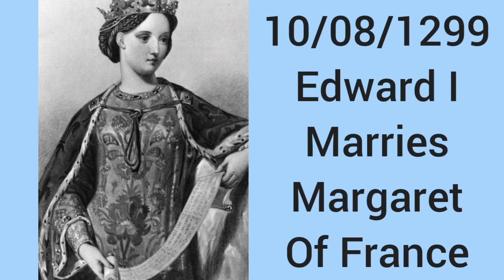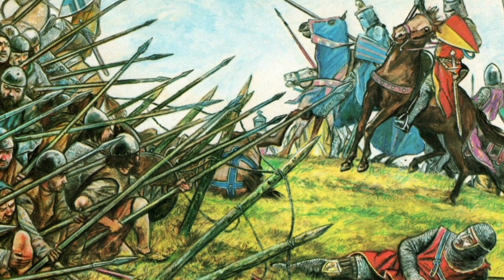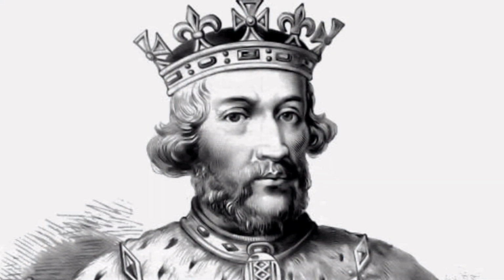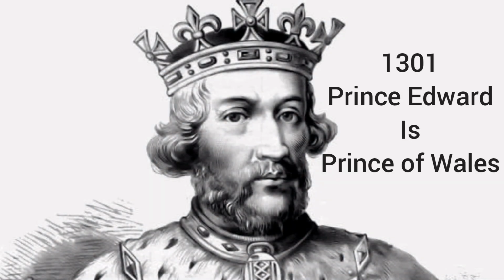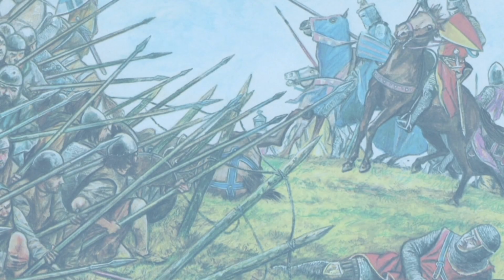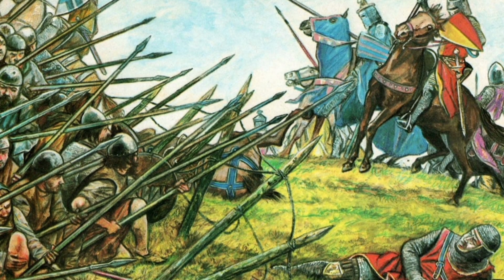Now then, on the 10th of October 1299, Edward I marries Margaret of France, his second and final wife during his lifetime. Around the turn of the century, in 1300, Edward I continues to mount huge attacks of English army soldiers against Scotland, and sees great success in fighting both Scotland and his continued campaign in Wales. Due to this, Prince Edward, his son, is crowned Prince of Wales, so that's still done today. The upcoming king is crowned Prince of Wales, and that was started by Edward I,